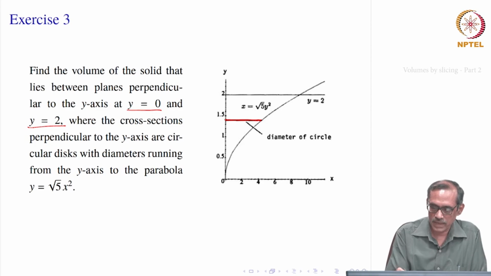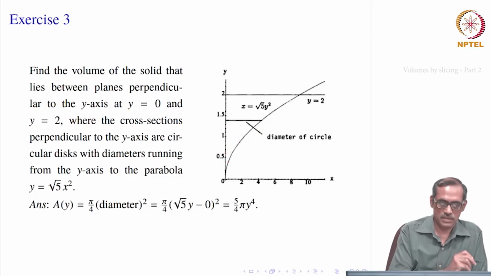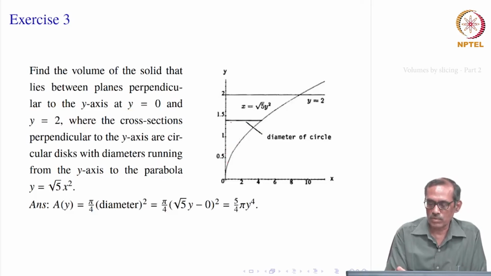So, once this is the diameter, you have a circular disc here, right. So, that is how the solid is. In fact, everywhere it is circular, the solid now looks like this. Okay. So, it is a solid, something like a cone type, it is not a cone, but looks like that, right. So, over this everywhere there is a circle now. Okay. That is how it looks. Then we want to find the volume of this. So, all that we have to do is compute this cross sectional area.